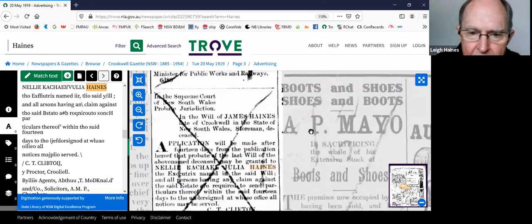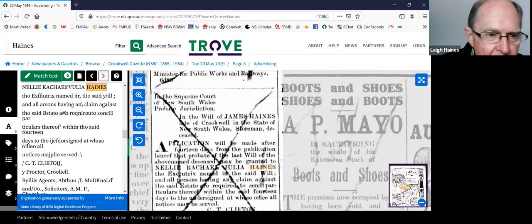Okay, so there's the will of the particular person that has been granted probate, but we still haven't found the actual